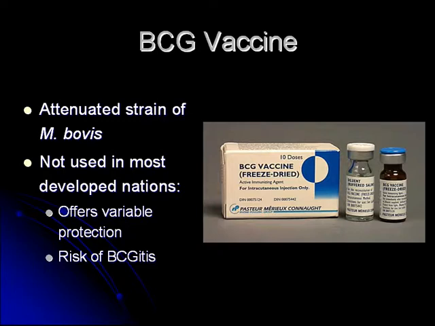It's an attenuated strain of Mycobacterium bovis, which was developed by researchers in France in the 1930s. It offers variable protection, and the benefit is felt to be specifically in the pediatric age group, where it can prevent severe tuberculosis from developing. Children who are vaccinated within the first year of life in these countries do have some protection against Mycobacterium tuberculosis, and this protection does wane over time. Once adulthood is reached, the effect of the vaccine wears off.